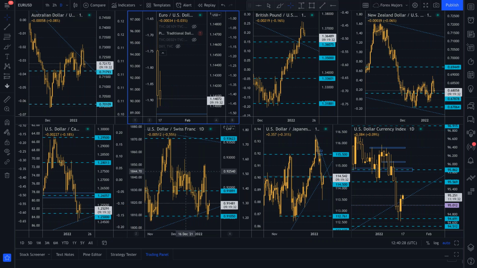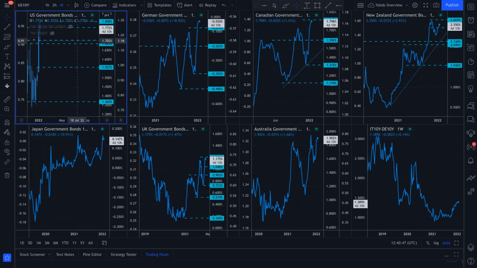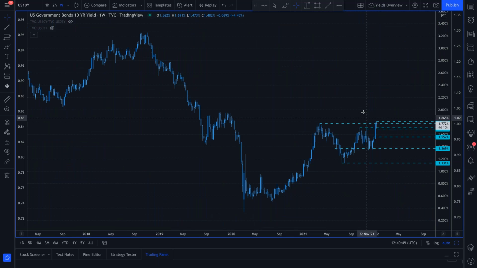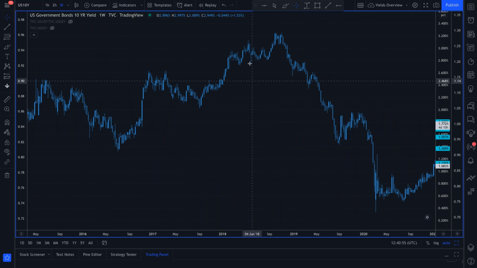Now, I'm uncertain as to what the path of the dollar is going to be, but I am just pointing out that we're at those crossroads, and that dollar index area is going to be important. That Federal Reserve policy uncertainty has also been weighing on the bond market and on stocks. You can see 10-year yields pushing higher. If you go back to 2018, very similarly, we saw 10-year yields pushing higher just as US growth and inflation were slowing. So the Fed were literally hiking into slowing growth around 2018.